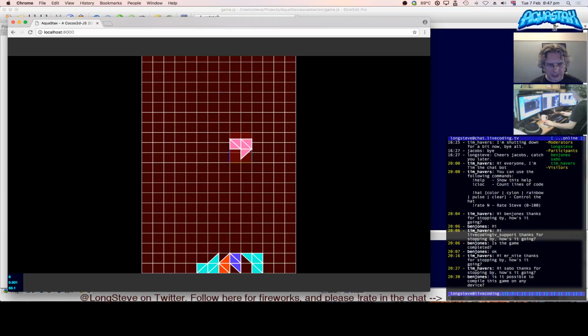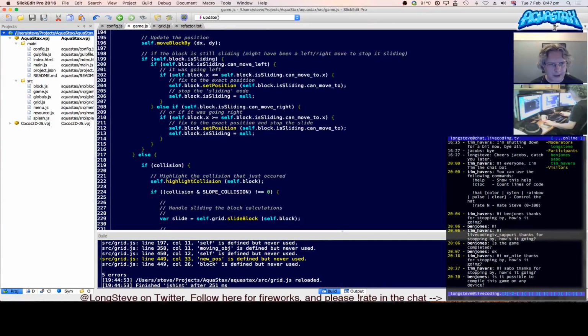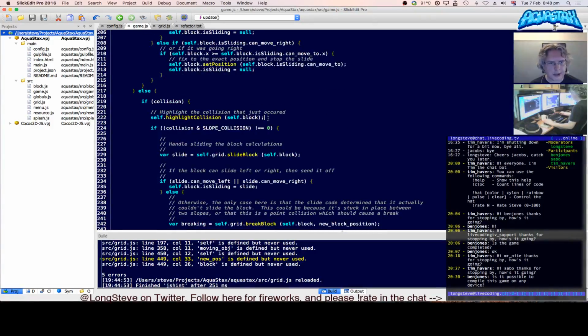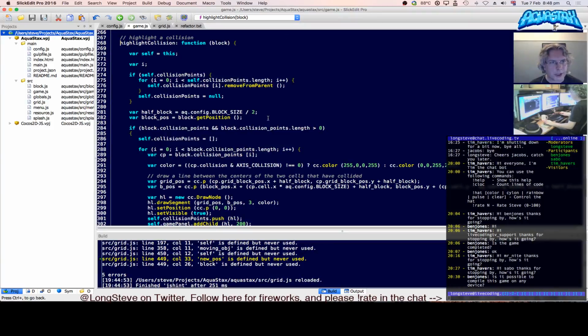Excellent. What I want to do now is just fix that line. So at the moment it just sits there but doesn't do anything else. So let's see what I can do to fix that. So it's when it's sliding. So at the moment, highlight collision is what does that line. So Control-dot, jump to the function. So it looks at the block,